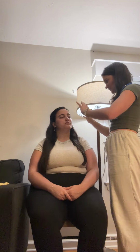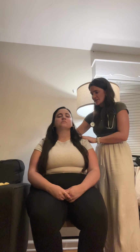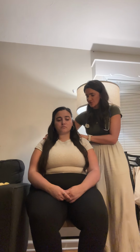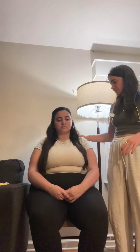So beginning with your neck, I'm just gonna palpate. Any pain? No. Any pain here? No. Okay, so our general palpation, no pain. Can you just raise up your shoulders against my hands? Okay, great. Okay, good. So that checks for CN11, so the sternocleidomastoid and trapezius, that cranial nerve is intact, so